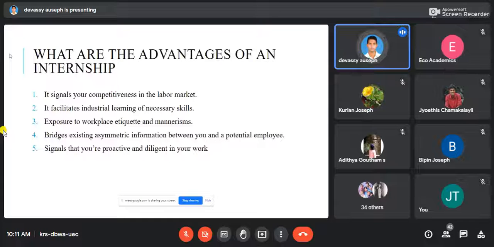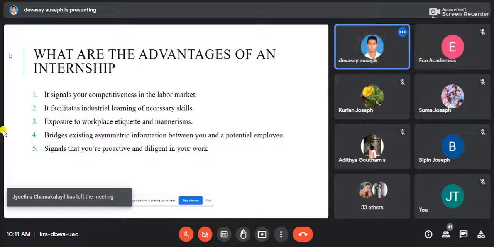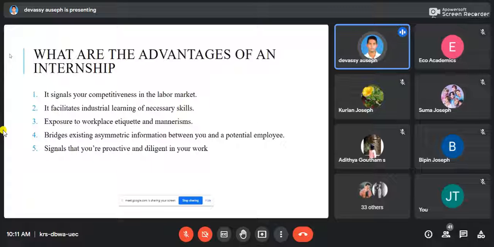Then the third thing is exposure to workplace etiquette and mannerisms. Most of us are from a small town or a city from Kerala. Not many of us are privileged enough to be coming from a huge city like Cochin or Mumbai or New Delhi. Most of us are from small towns and cities in Kerala. We're a homogeneous crowd, and we do not have the exposure to the workplace etiquette and mannerisms in a corporate work environment, or even for that matter of fact,